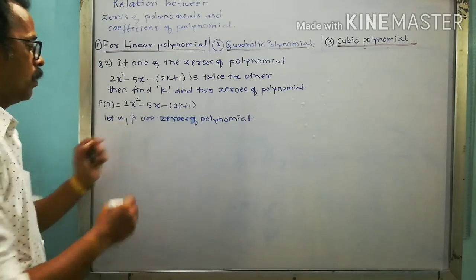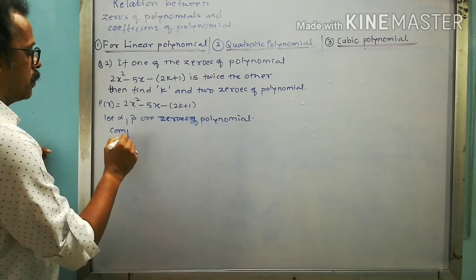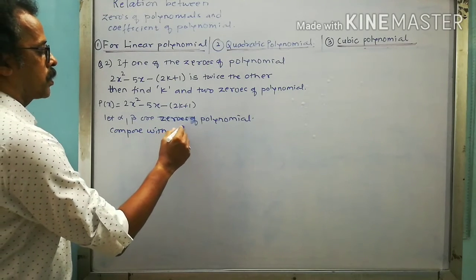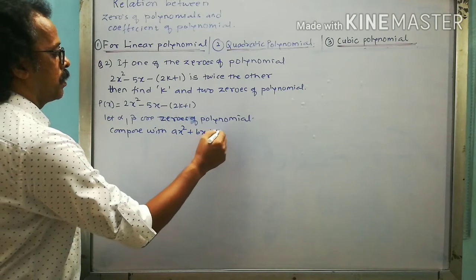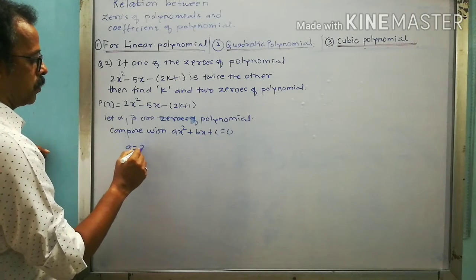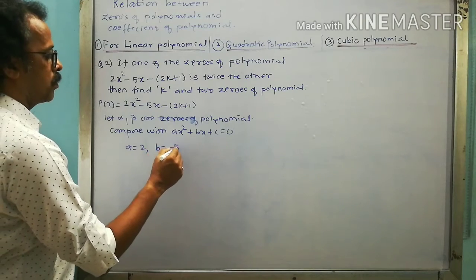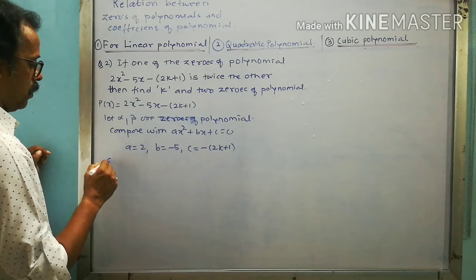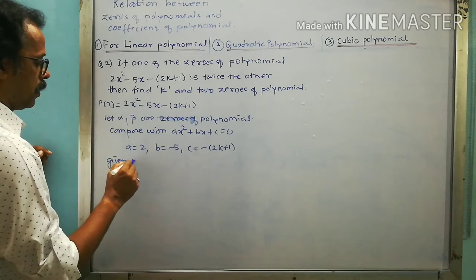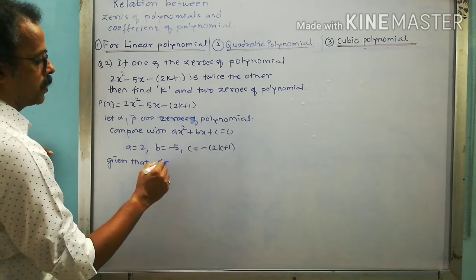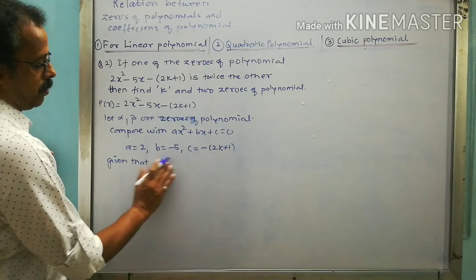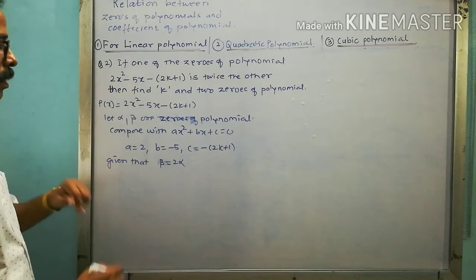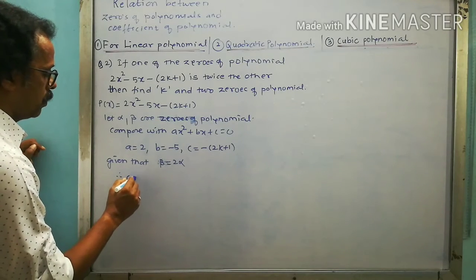Okay. Now compare with what we are comparing with, ax square plus bx plus c is equal to 0. So here a is 2, b is equal to minus 5, and c is equal to minus of 2k plus 1. Given that alpha is equal to... beta is equal to 2 alpha, right? So therefore